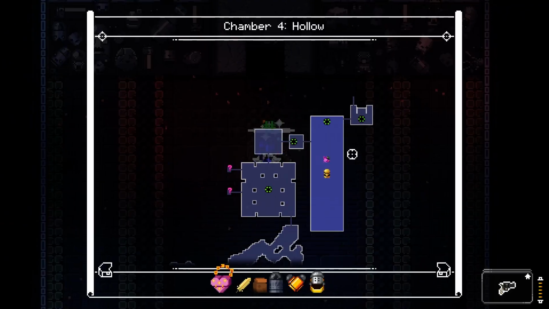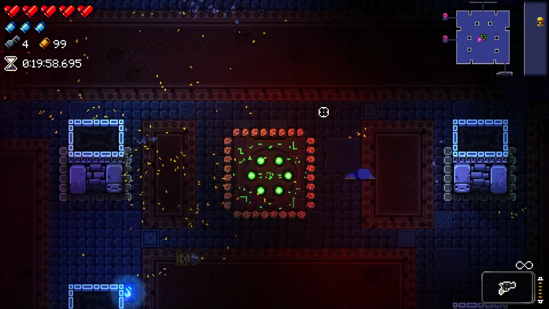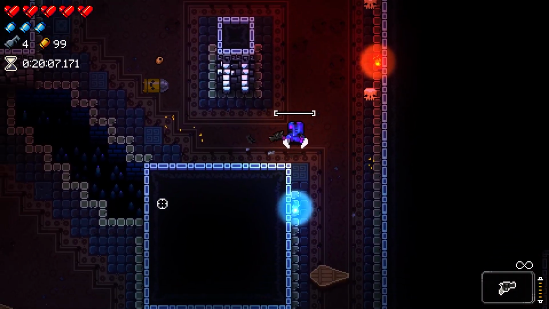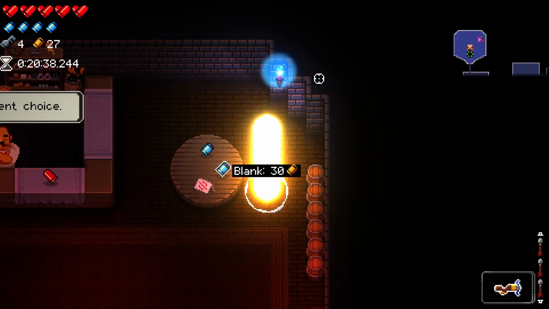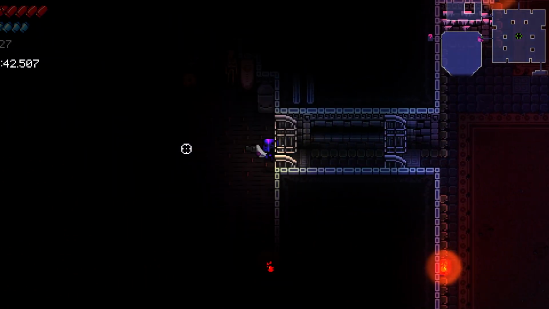With all 5 hearts, I was feeling more confident than ever. I decided to try and find the shop for ammo. I knew it was risky, but the extra crossbow ammo would be worth it. And it was worth it. I bought my ammo and a blank, but I noticed that I was 3 coins short of another blank. If I just cleared one more room, then I would be able to bring another...